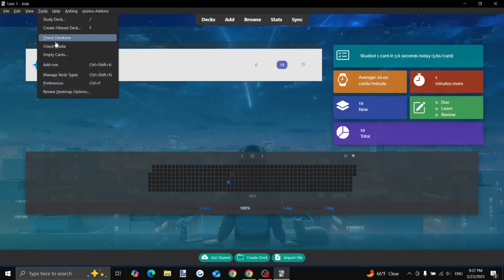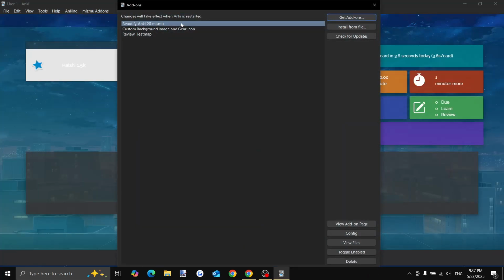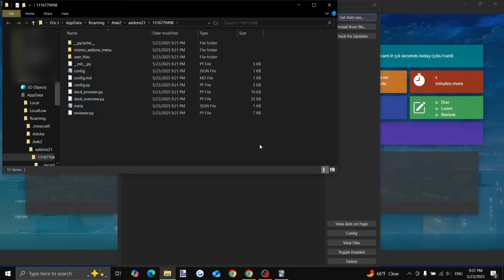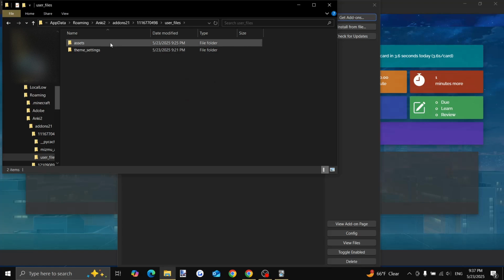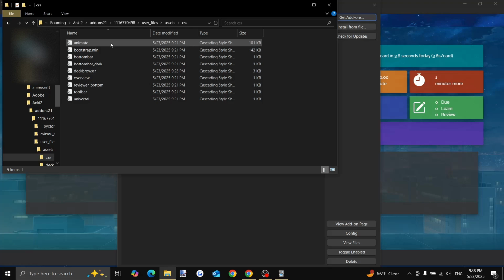So let's just go to Tools, Add-ons, still going to be Beautify Anki, View Files, you'll go to User Files, this time you'll go to Assets, CSS, Deck Browser,